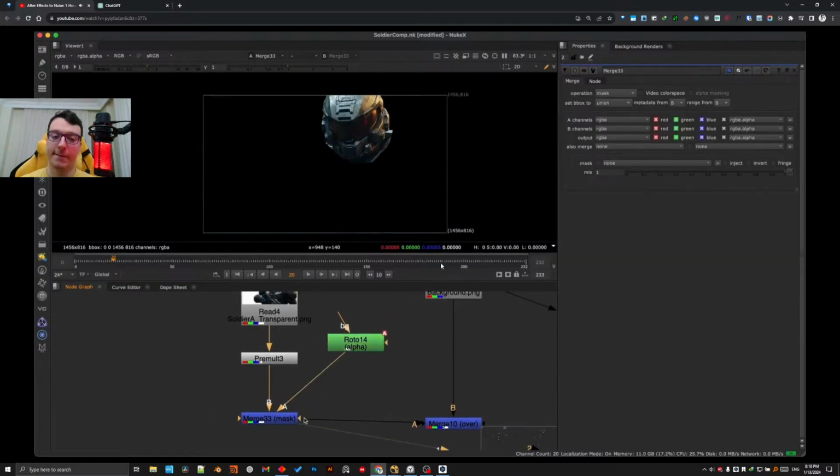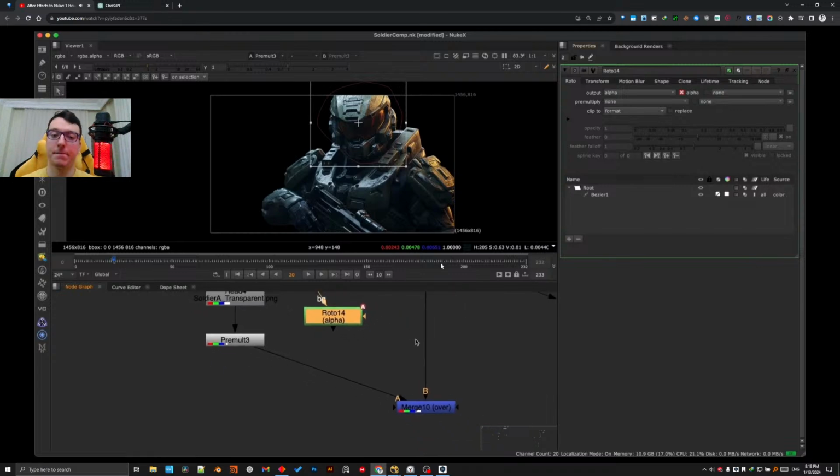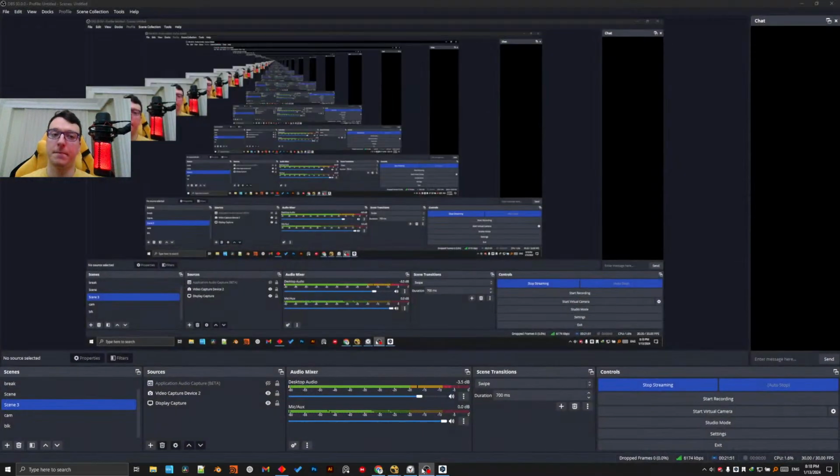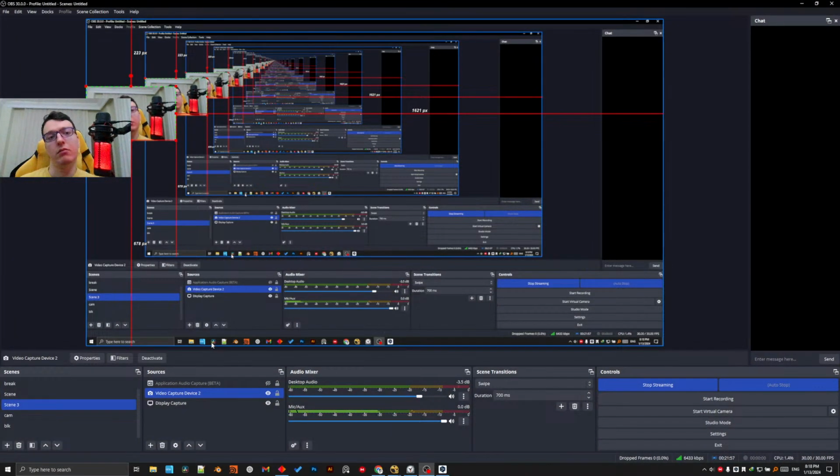Is pretty useful. One other thing, and just to, I know I'm going fast, but there's a lot of things to cover. So if we wanted to make this roto node have